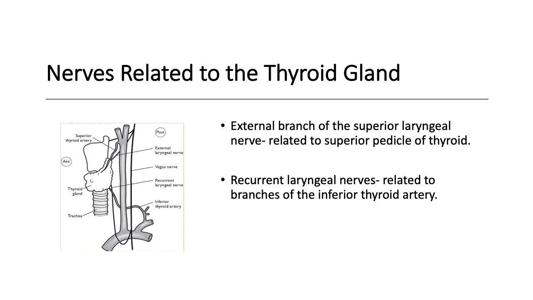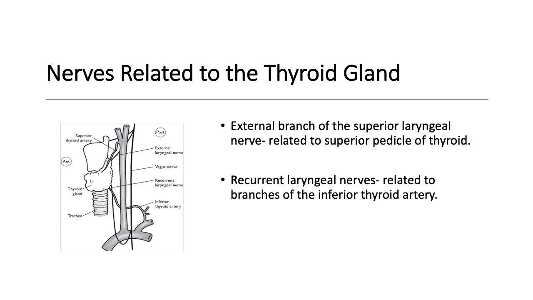If you consider the nerves related to the thyroid gland, there are two important nerves: the external branch of the superior laryngeal nerve and the recurrent laryngeal nerves. The external branch of the superior laryngeal nerve is related to the superior pedicle, that is the superior thyroid artery. So damage to this nerve leads to loss of high pitched sound,